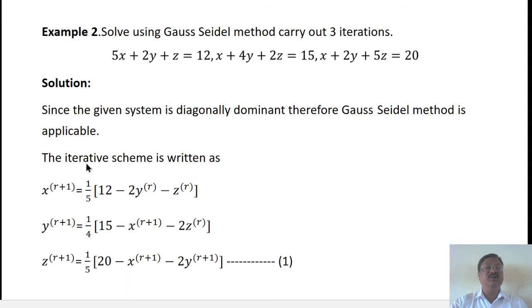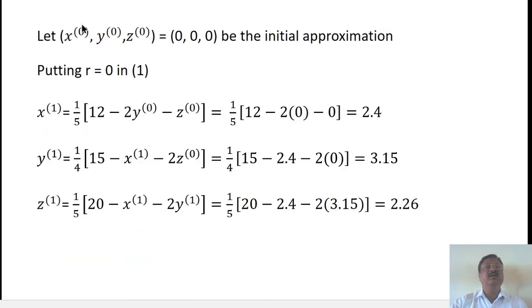So the scheme will be x raised to r plus 1 is 1 upon 5, 12 minus 2 y raised to r minus z raised to r, y raised to r plus 1 is 1 upon 4, 15 minus x raised to r plus 1 minus 2 z raised to r, and z raised to r plus 1 is 1 upon 5, 20 minus x raised to r plus 1 minus 2 y raised to r plus 1. So mark it as equation 1. Now let the initial approximation be 0, 0, 0, and putting r equal to 0 in 1, we